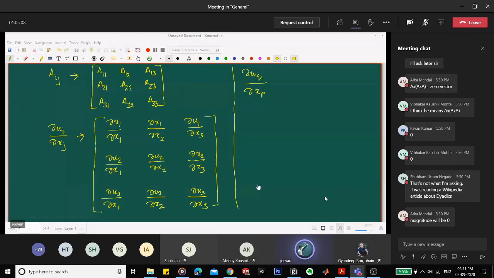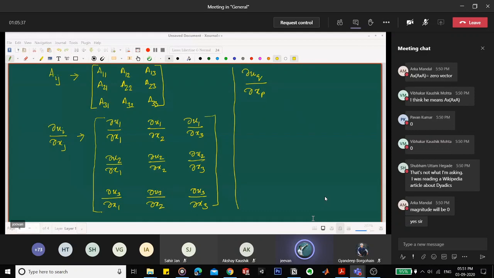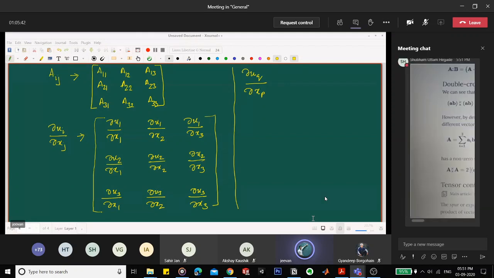Okay, but I think Shubham is not actually asking that. He's referring to something. Shubham, it is better that you write it out in full detail and post it in the mathematical preliminaries. Orko, I don't think that's what he's asking. I think we misunderstood. I also thought it was A cross A, but that is certainly not what he's asking. Let him write that down properly in the mathematical preliminaries separately. Oh, he has already written something.